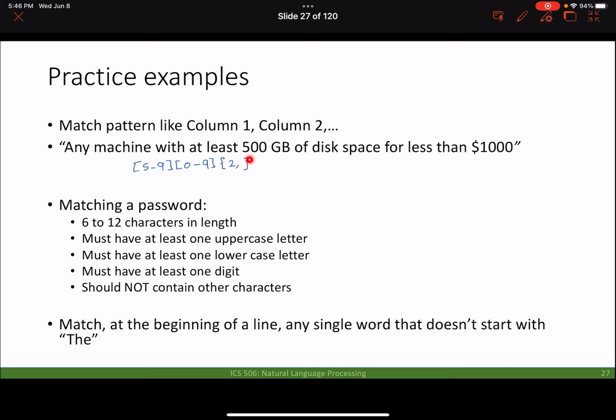1,000 gigabytes. How will this match the 1,000 gigabytes? Well, in that case, it will not match the 1,000. It will match the 5,000 and more. Okay. So we took care of the 500 until 599. Now we need to take care of the 1,000, right? So we need a pipe,